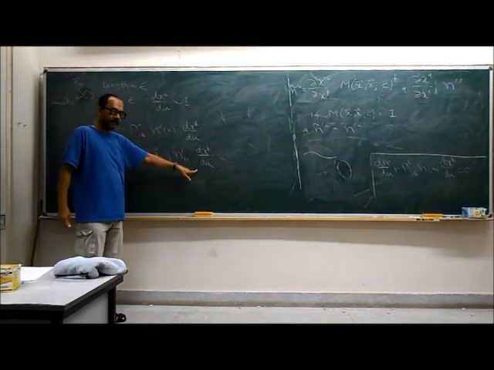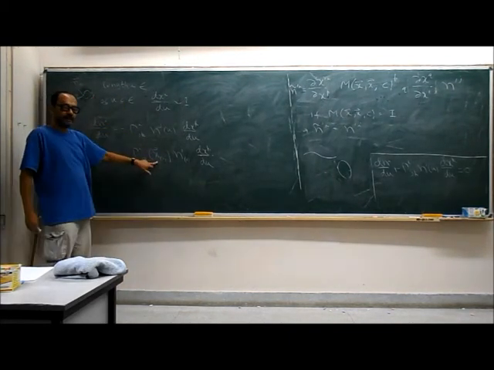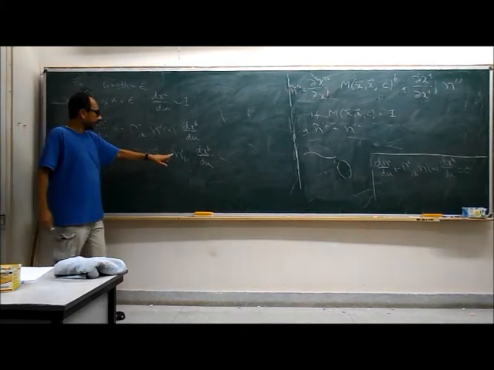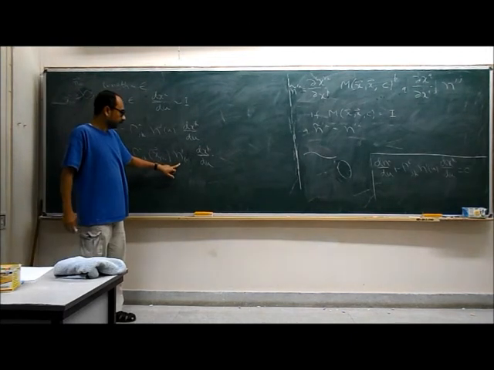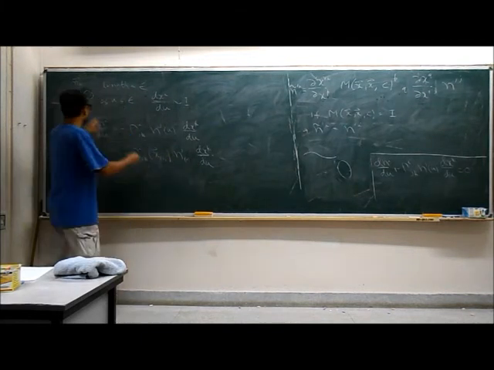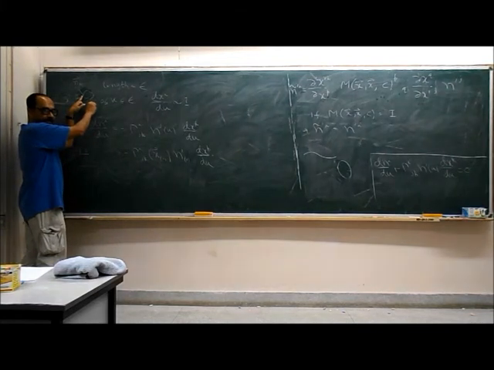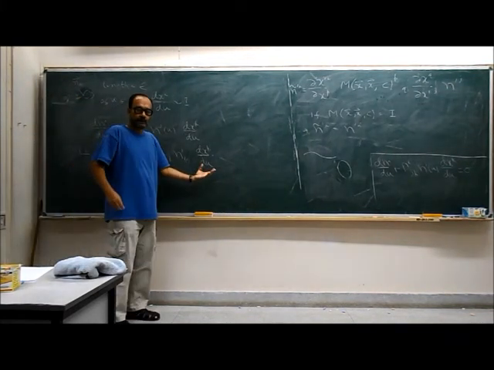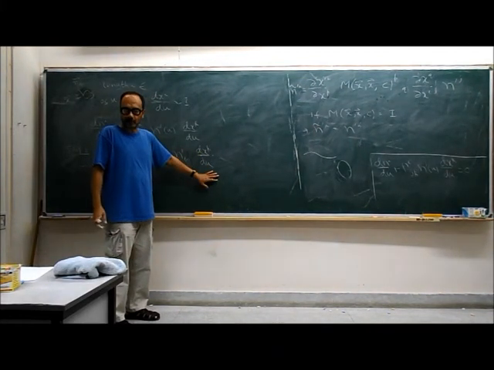What I have done here is that gamma ij at any point x can be approximated by its value at x naught, and nj at any point x can be approximated by its value at x naught. But dxk du is of order 1, and it's changing also by order 1. For example, dxk du is essentially the tangent to this curve, and it's clearly changing by order 1. By the time you have gone from here to here, dxk du would have reversed its direction. So it's actually changing by order 1 even when u changes by order epsilon. So here you have to really keep dxk du; you cannot make an approximation.